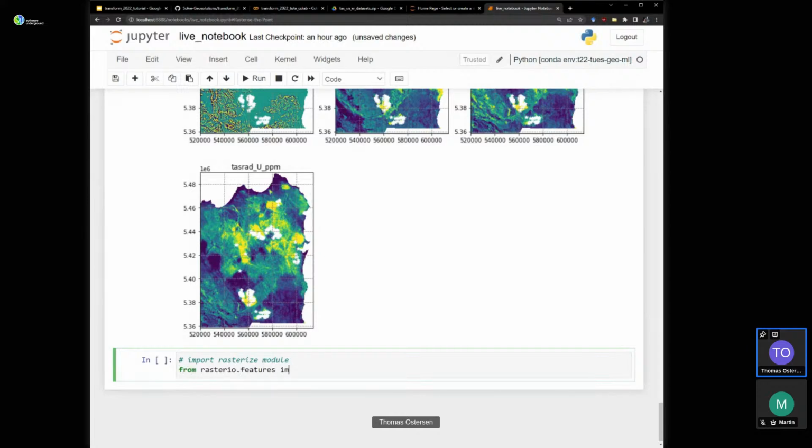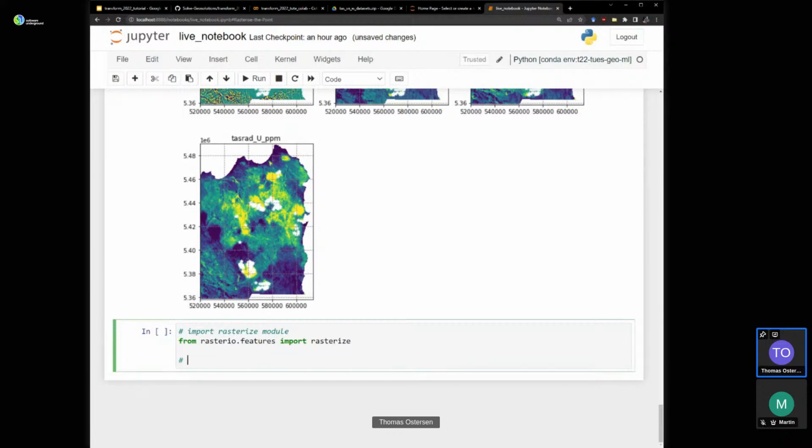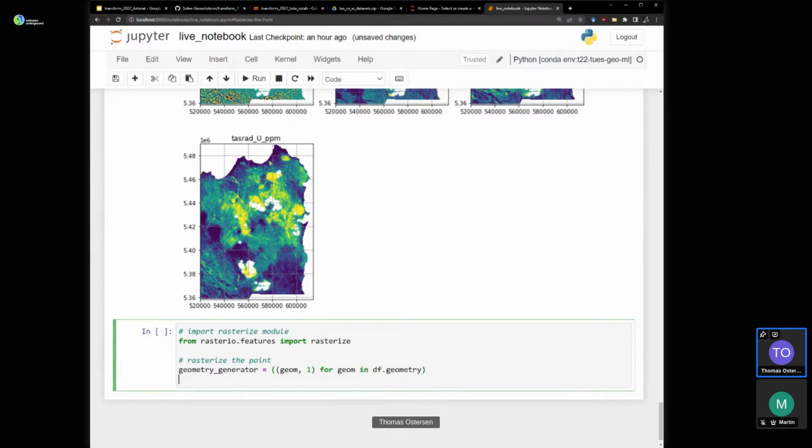From rasterio.features import rasterize. This rasterize module takes a geometry generator, so we'll just create that, which looks like this. We have the geometry and then a fill value, for geom in dataframe.geometry. Then we can create a labeled raster array we can call labels, which is the output of the rasterize module.